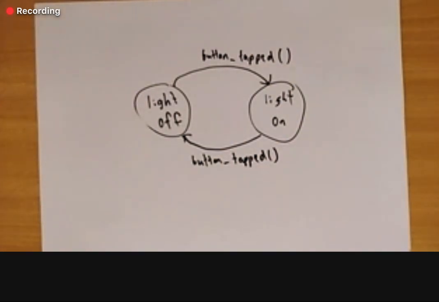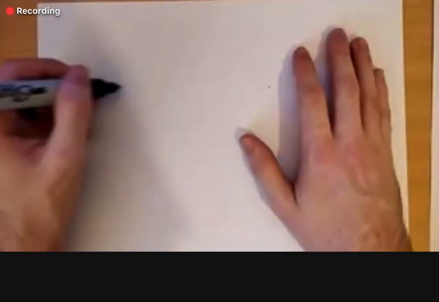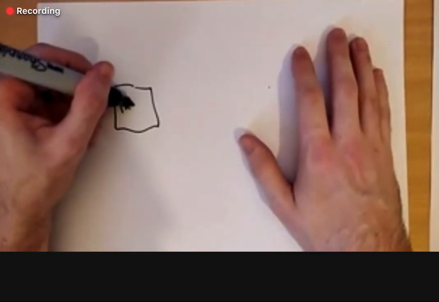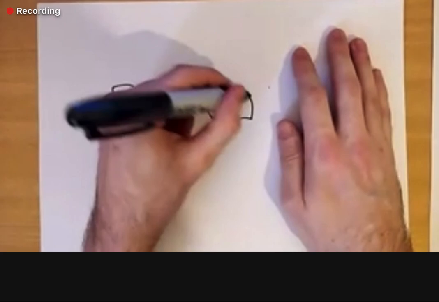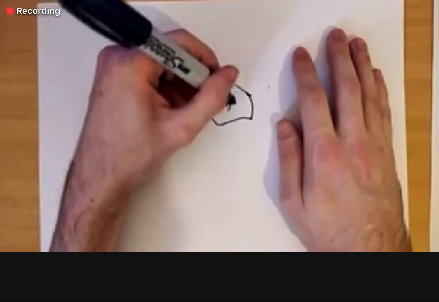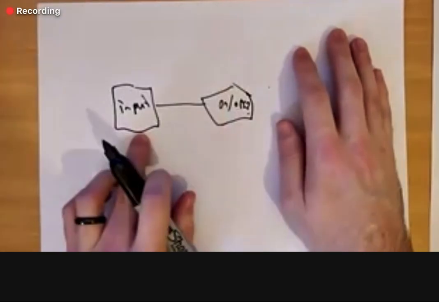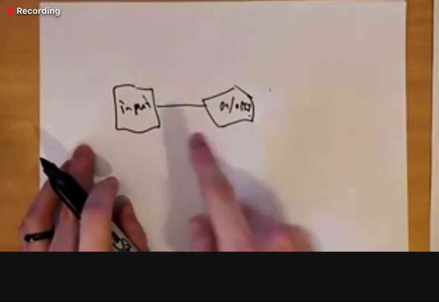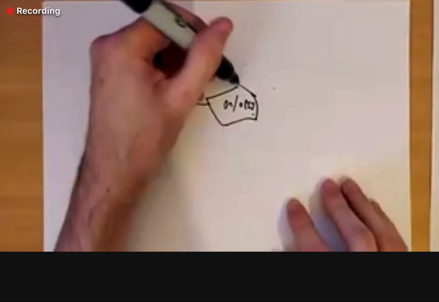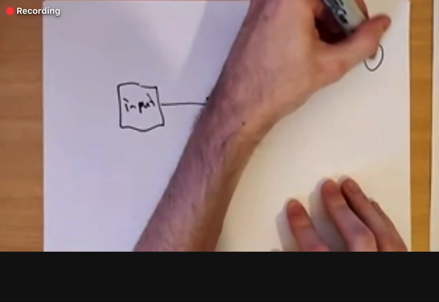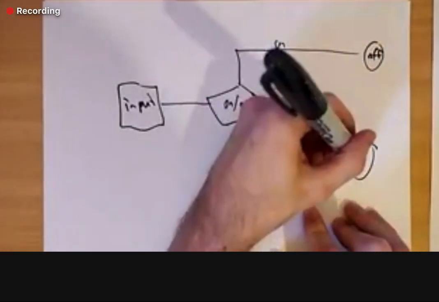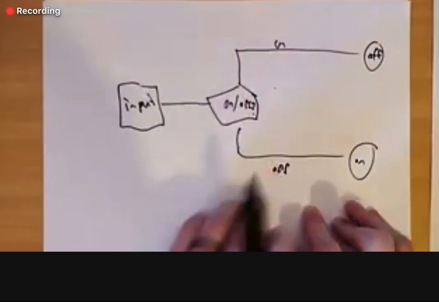I've seen some people posting some code. In terms of the flowcharts that were posted, we've seen a few flowcharts that look something like this. Input. So we saw some flowcharts that look like that. So we have an input, which is the button being pressed, and then it's like, is it on or off? And if it's on, then we would go to off, and if it's off, we would go to on.